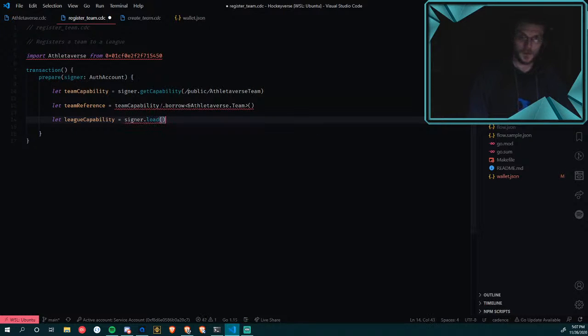So this is what I'm talking about. I'd be able to actually get into the storage and load the raw data, or the actual reference to the object itself, the resource itself.